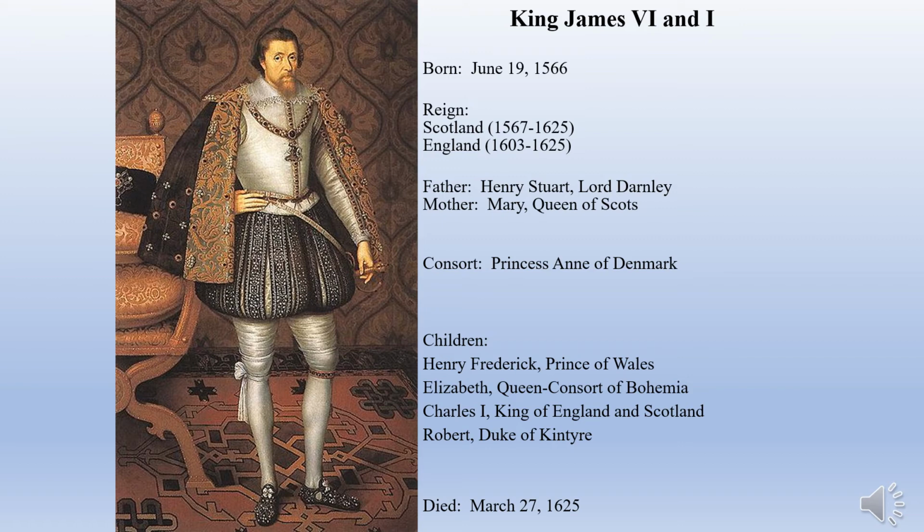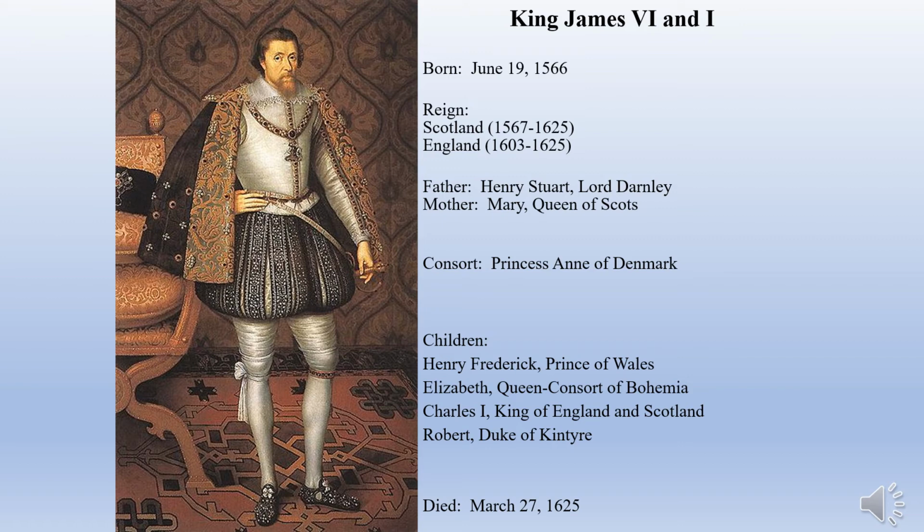Well, he had a tongue that was too big for his mouth, so he did kind of slobber and drool when he talked. He never washed or wore what we would consider to be normal clothing. All of his clothing was heavy and padded. This was to protect him from assassination attempts. He did have multiple assassination attempts both in Scotland and in England during his reign. He was married, although today we would probably go as far as to say that he was either bisexual or homosexual.